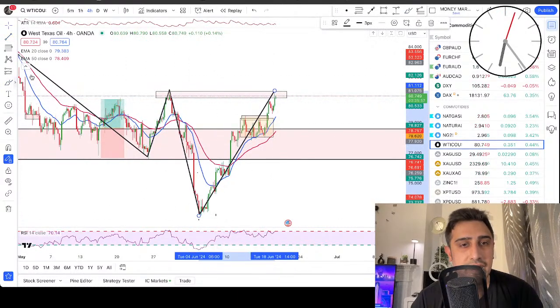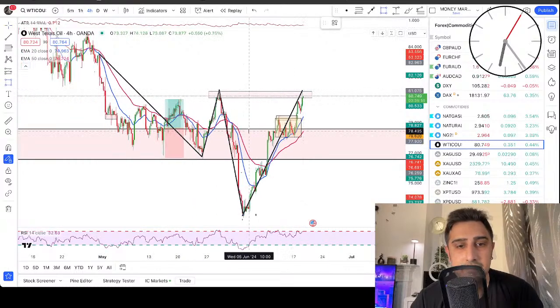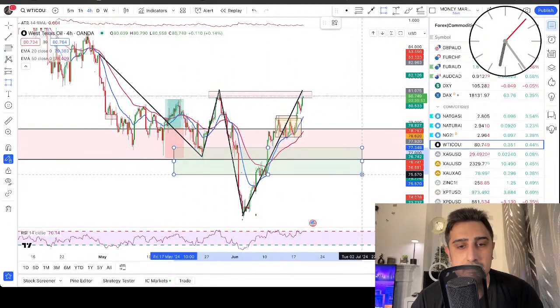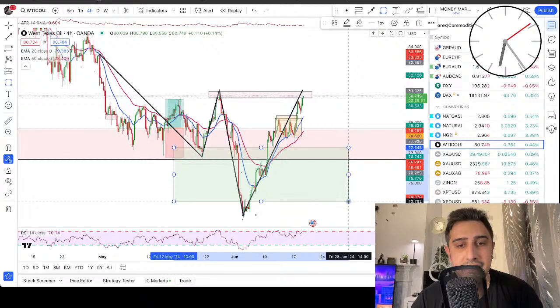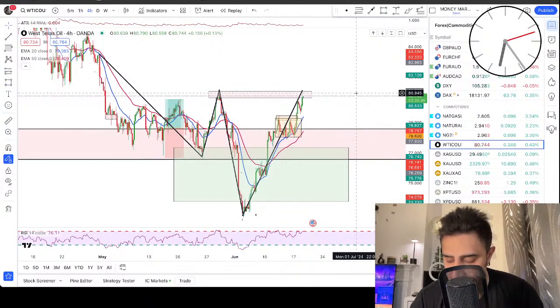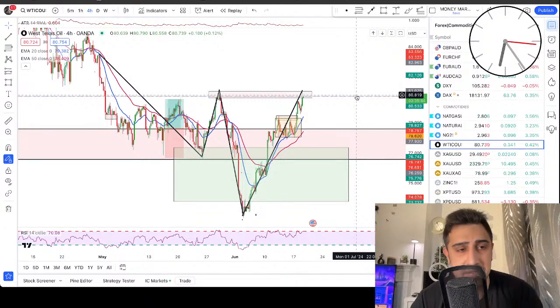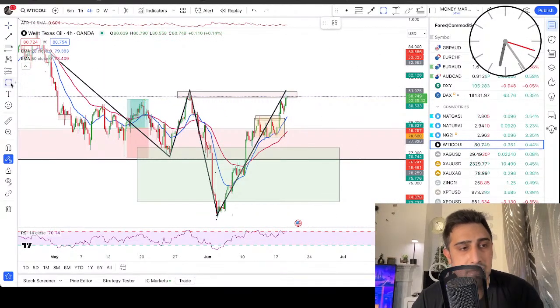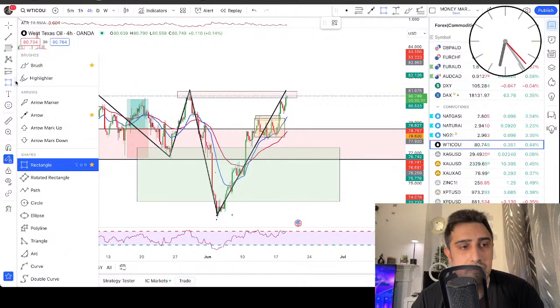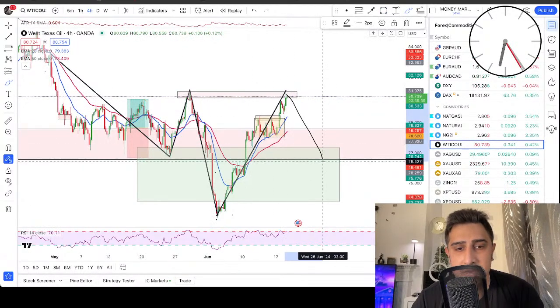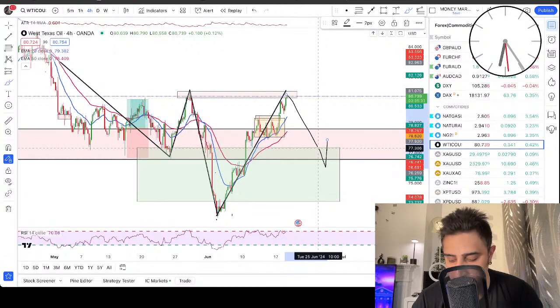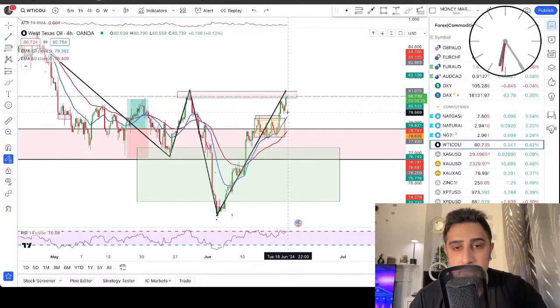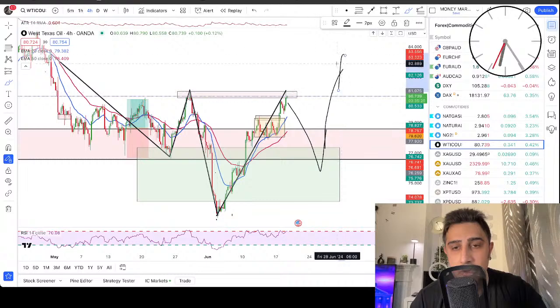Now for my termination zone, it is something like this. Like this. And I've seen crude oil respects these levels a lot due to my backtesting process. And if we have a fall to my termination box, then I will look for the bullish pin bars or 382 candles. Again, I've already made a video on how to trade 382 candles and bullish engulfers as well. And I'm going to go long from here.